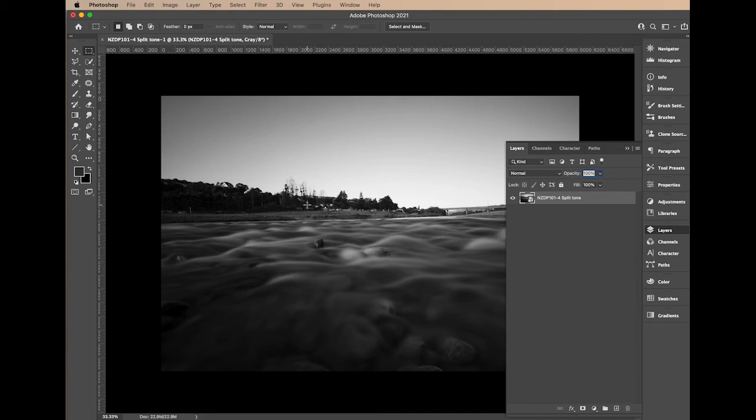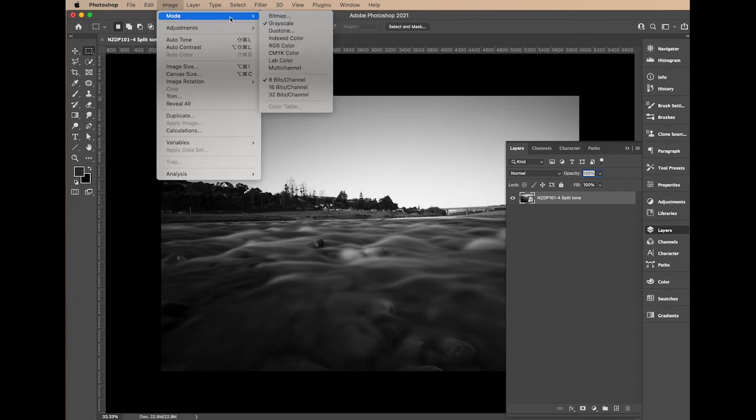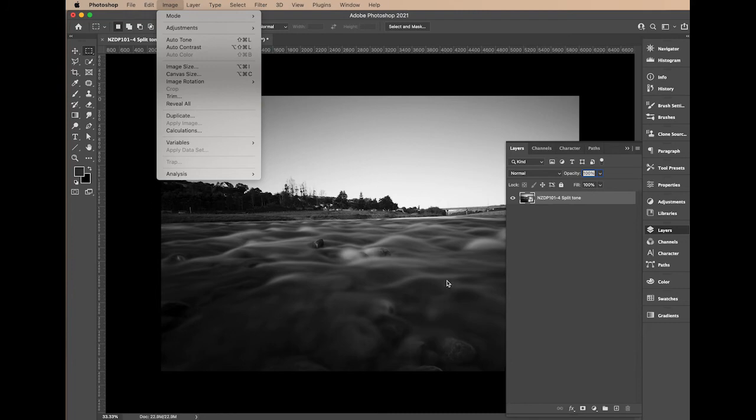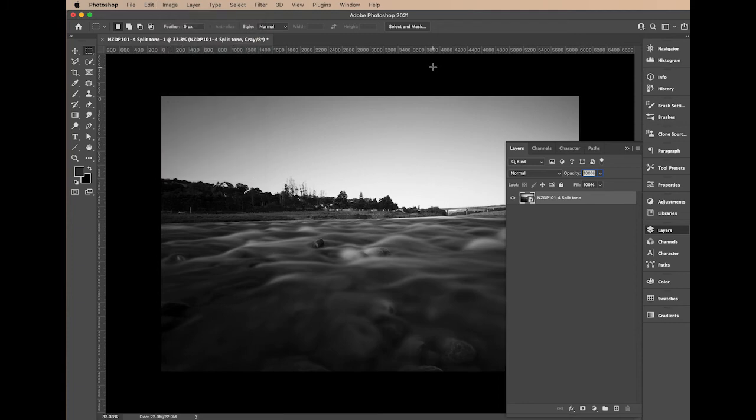Why is that? I know some of you have been finding that. Well, the clue is if we go up into Image and Mode, we'll see this is a grayscale image. So that can't display any color because it's a grayscale image. That's the clue really. So make sure that if you're turning something to black and white in Camera Raw and then applying some color grading, you do it all in one process rather than opening the image in